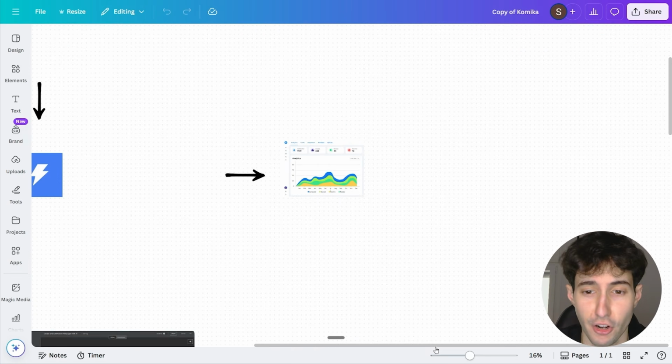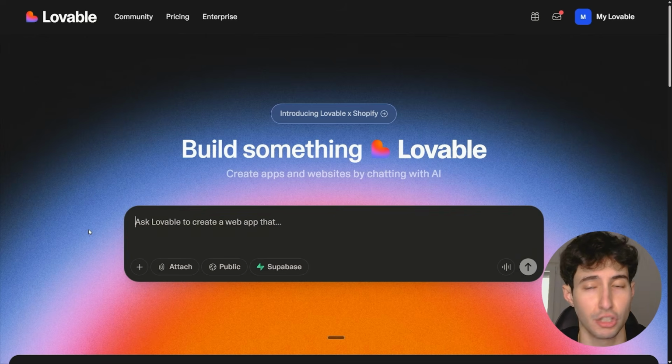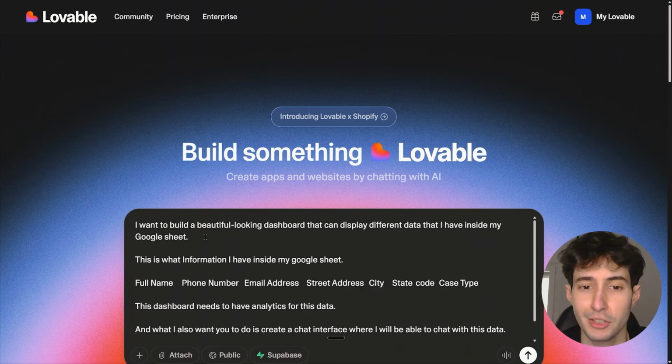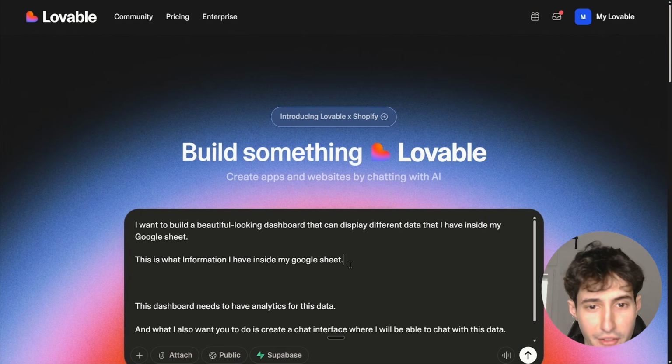But as I said before, the first thing that we have to do is to build our front-end interface with Lovable. So to do that, we need to go over to lovable.dev and come over here in Lovable's text box and simply type, I want to build a beautiful looking dashboard that can display different data that I have inside my Google Sheet. Then I say this is what information I have inside my Google Sheet,